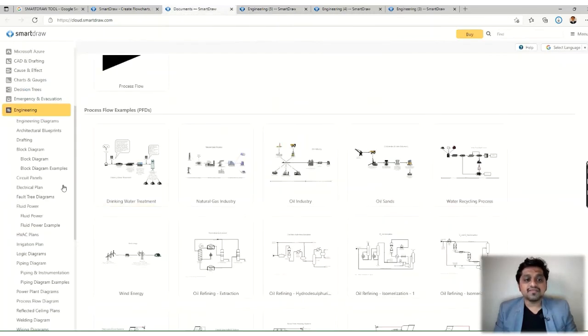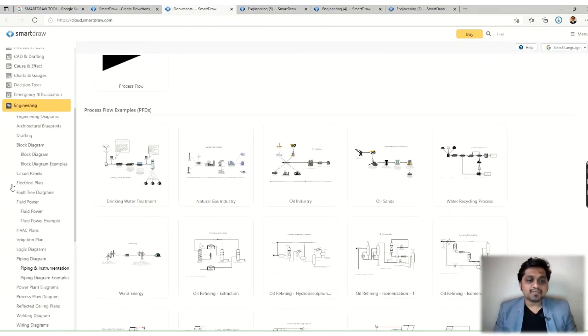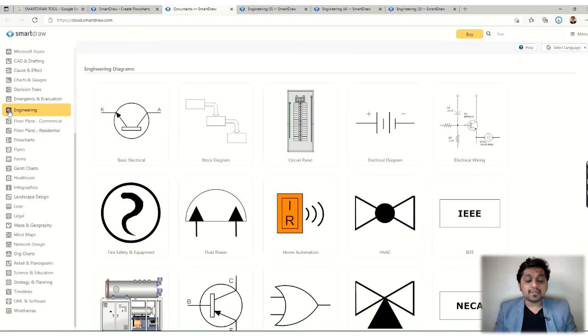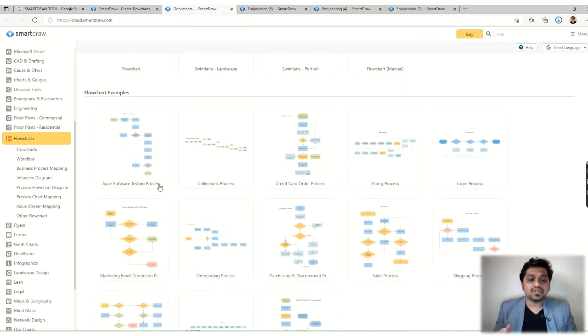And let's see what other features it offers, right? So apart from engineering, there are a lot of other things which can be useful for us, like flow charts. Whenever you write some kind of logic, you can directly take this flow chart if your process is similar to these things.